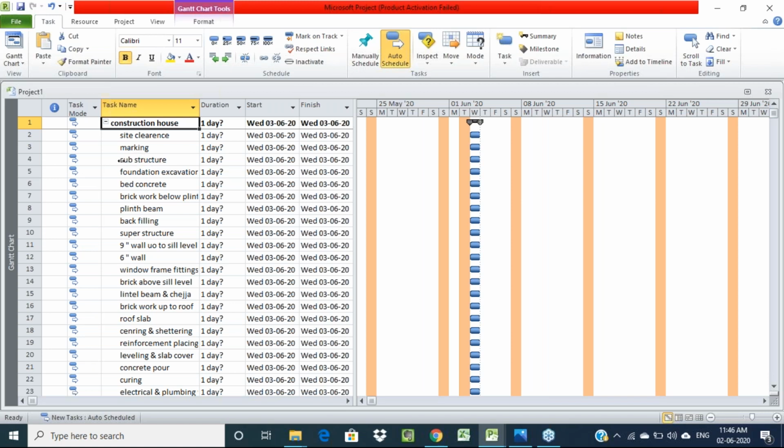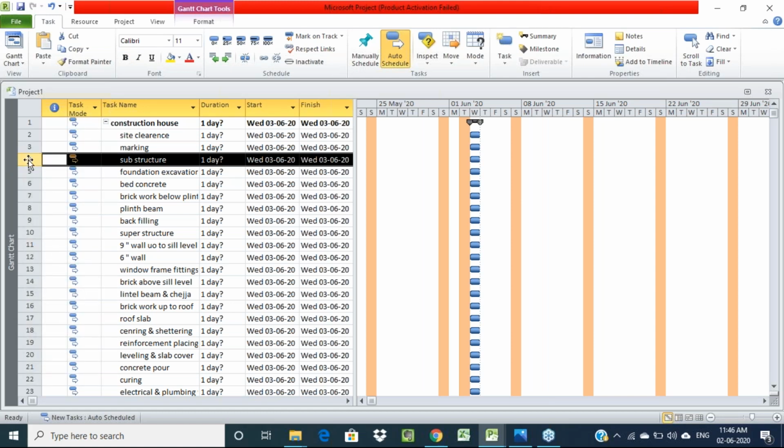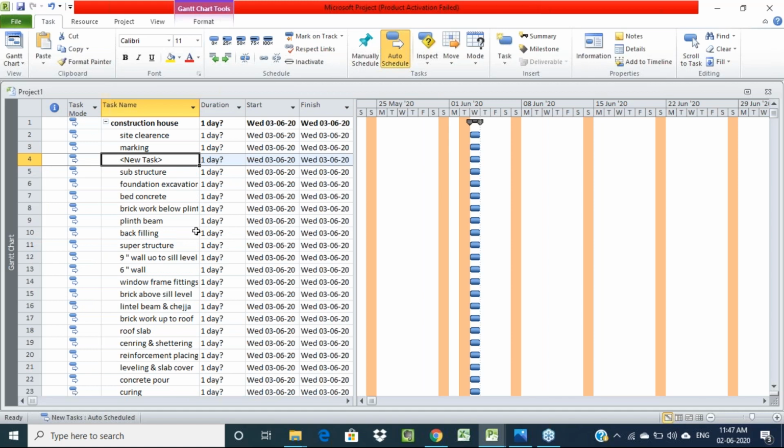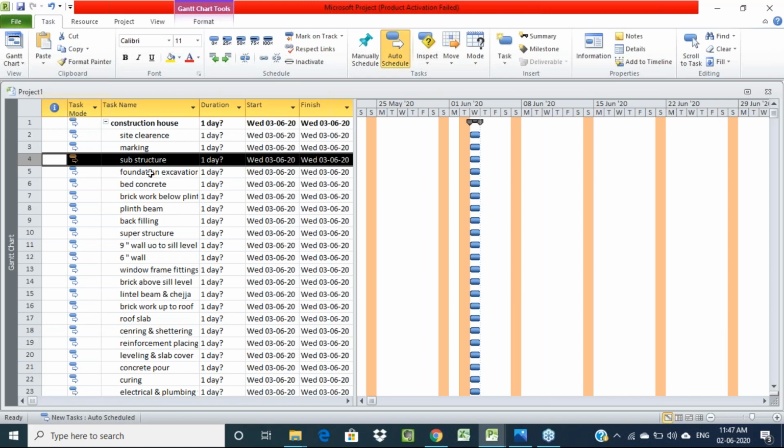Here, if you see substructure, we can enter many activities and we can also delete activities. If you right click on the serial number, you can insert a task or delete a task, all of this we can do here.